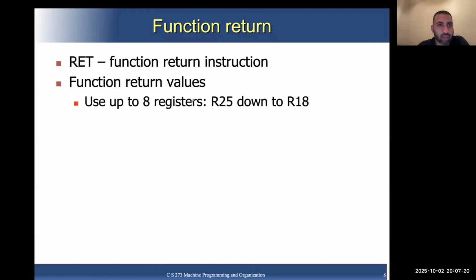We can also return values from the callee function to the caller function, and for that, we can use up to 8 registers. And what are those registers? R25 down to R18. So let's say, let me go back again